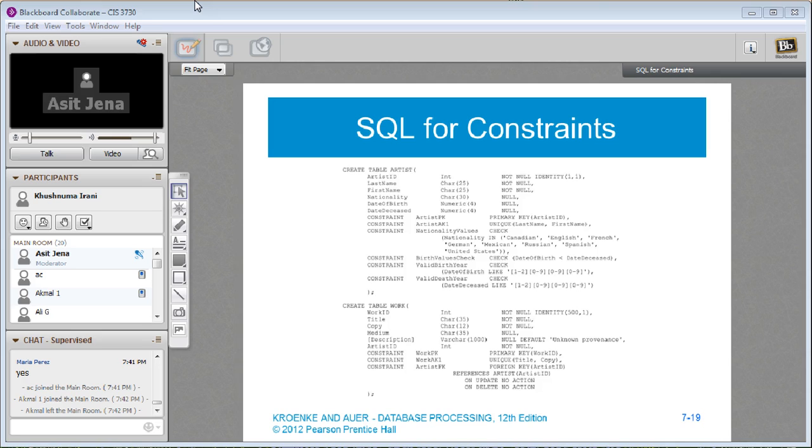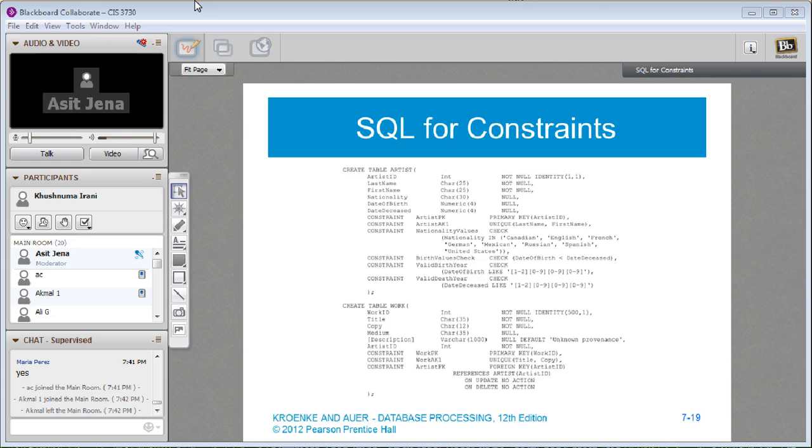So you say, okay, this is the template I'm going to follow. And when you write these constraints, that basically tells the database that when you are inserting or updating data in this particular table, the database validates these constraints for you before it stores that information. So that's the basic thing that a constraint does.